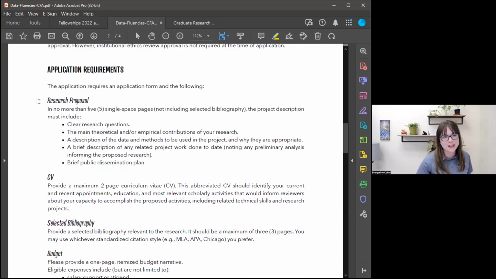Now you see here, they give you some sections. I love this opportunity, it's so clear and it's so short. Honestly, this is the shortest grant opportunity I've read ever. Okay, so your application requirements, we have headings, research proposal, no more than 5 pages long. Ooh, they are very specific, single spaced, not including selected bibliography. This project description must include